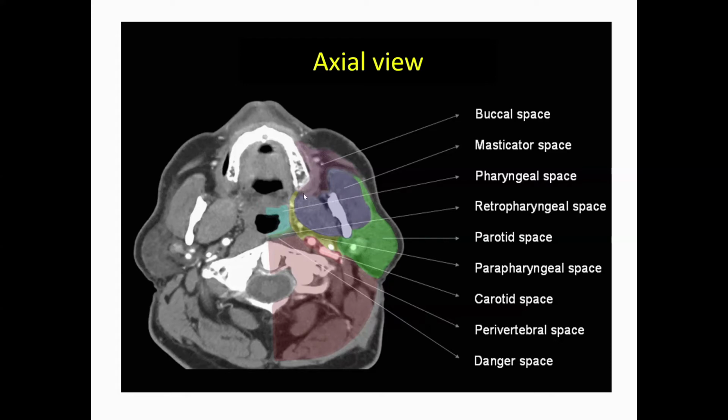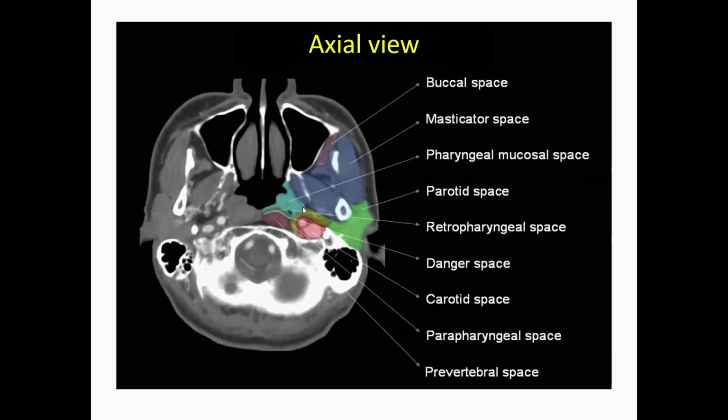You need to know certain spaces also. This is the masticator space. You need to know that masticator space involvement in an oral cavity disease is T4b. In a T4b, medial pterygoid involvement in